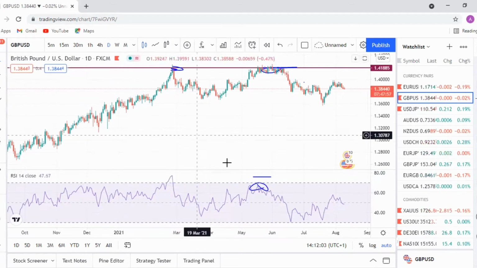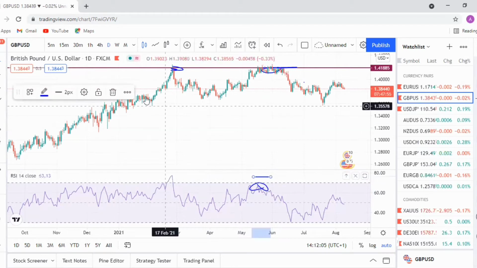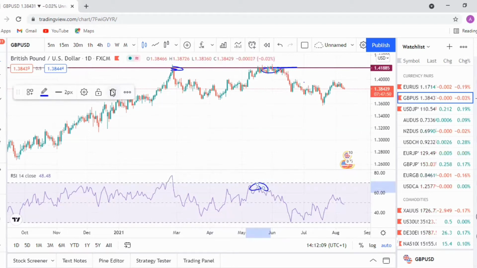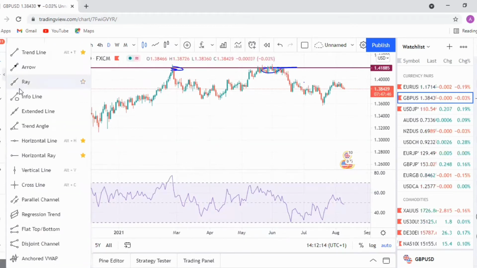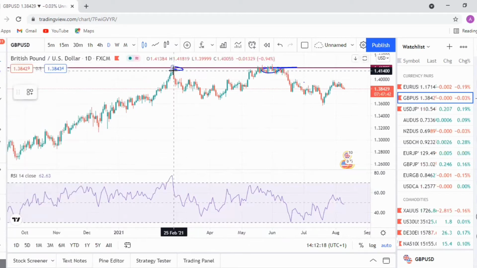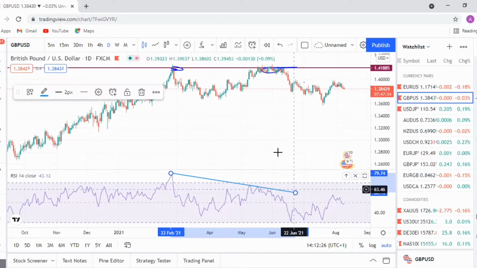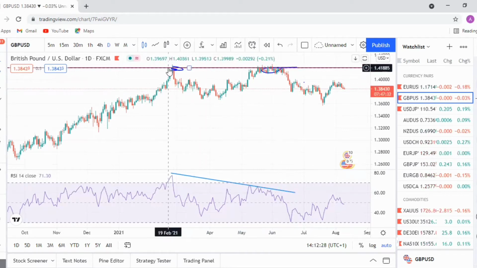That is what the RSI is here to show you. That's why it's called a relative strength index. Now, if I am to be using this RSI to trade, this is how I'll be using it. I have seen two highs on the chart that look the same, while on the RSI, one is stronger than the other. Now, what this implies is the markets may be creating the same highs, but the RSI is creating